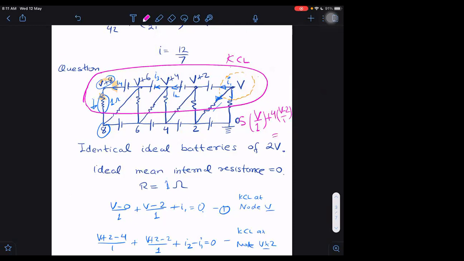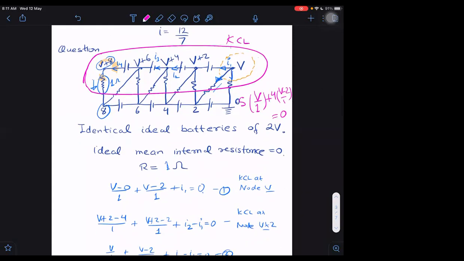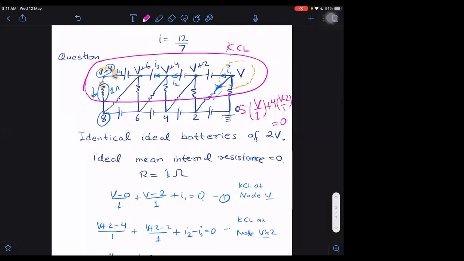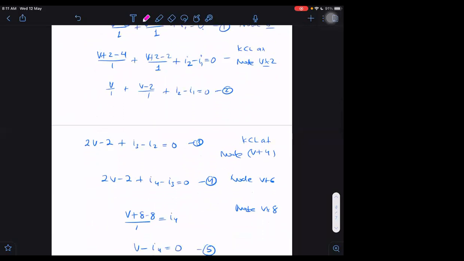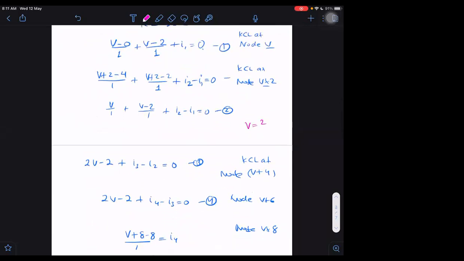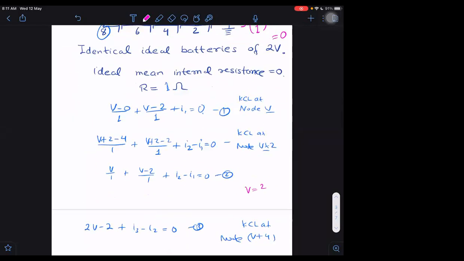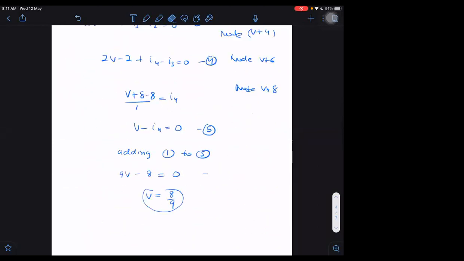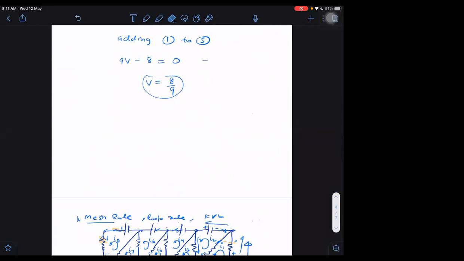And that is equal to 0. So what answer do we get now? 5 minus 9V minus 8, 9V equal to minus 2... V we are getting as 8 by 9. We are getting 8 by 9. Correct, 8 by 9, which we got before.